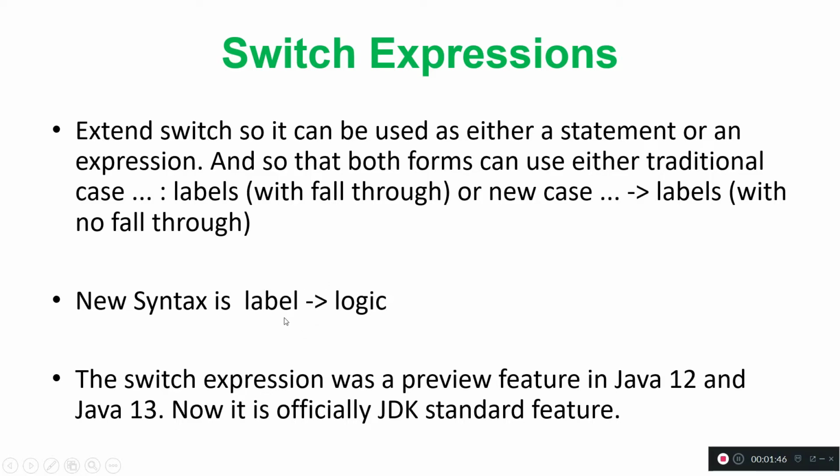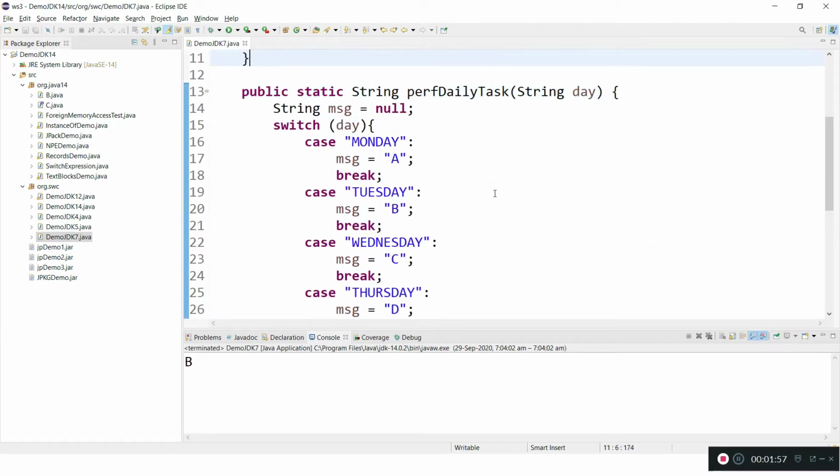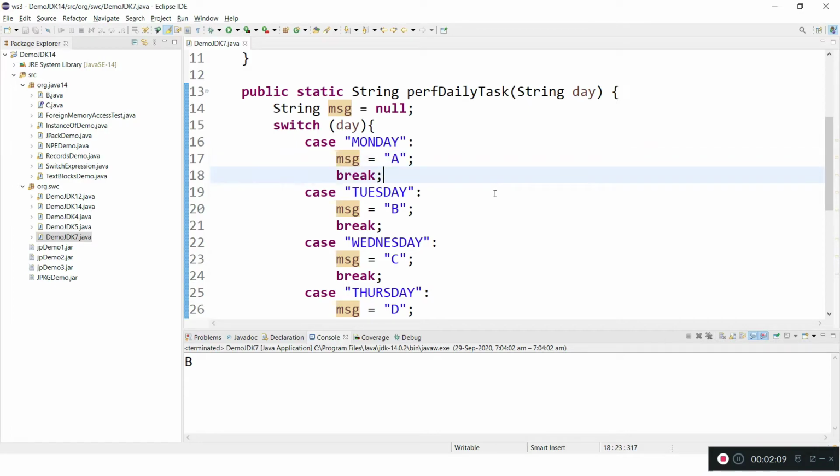Let me go to Eclipse and we'll see the existing way of writing this. This is how we write a switch statement. We use the switch cases. For each case we give the label and a colon, then we write our logic here, and at the end we keep a break.